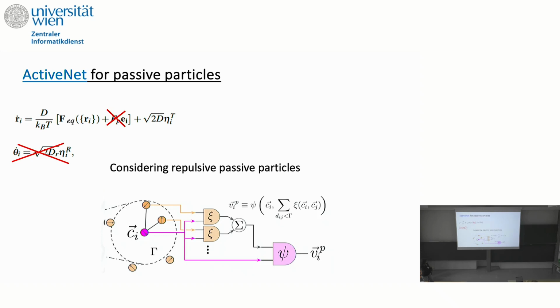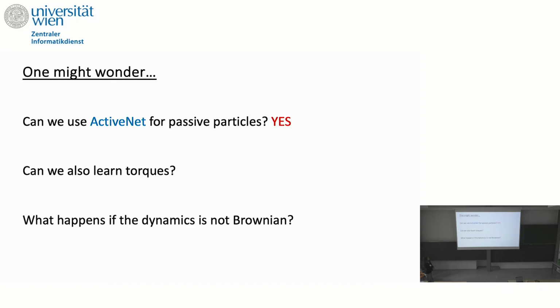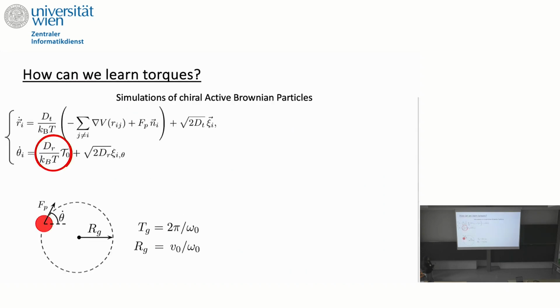And if I consider repulsive passive spheres, what we tested for now, just in computer simulations, is that we recover the two-body repulsive interactions and that the active force is set to 0. Not set to 0, is measured as 0. Our goal now is, and we teamed up with Roald Dullens and Dirk for this, they're going to give us trajectories of hard spheres. We're going to plug in hard spheres and see whether hard spheres are really hard spheres or what they are. So passive hard spheres, normal hard spheres. And then, can we learn torques? And of course the answer is yes.